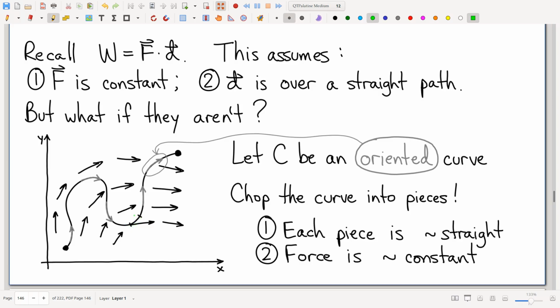And then on each little piece, notice on that piece, it's approximately straight. And furthermore, notice on that piece, while the force isn't exactly constant, it's pretty close to constant. Because that little curve, keyword is little. We don't move very much on that little piece of curve. So if you don't move very far, then